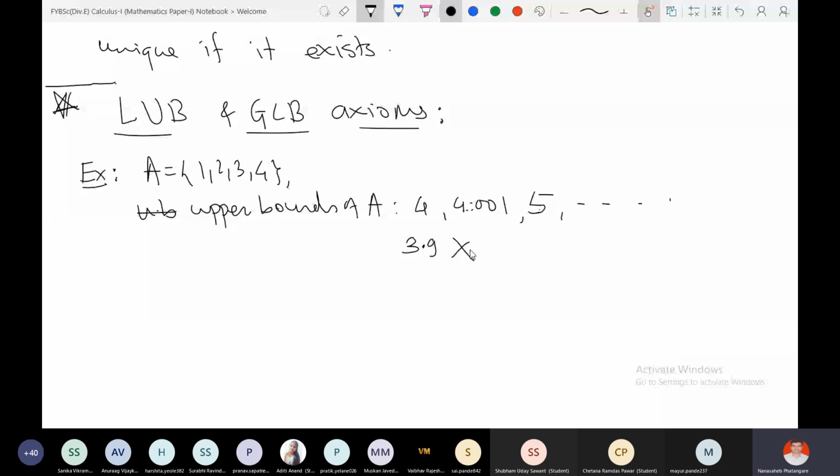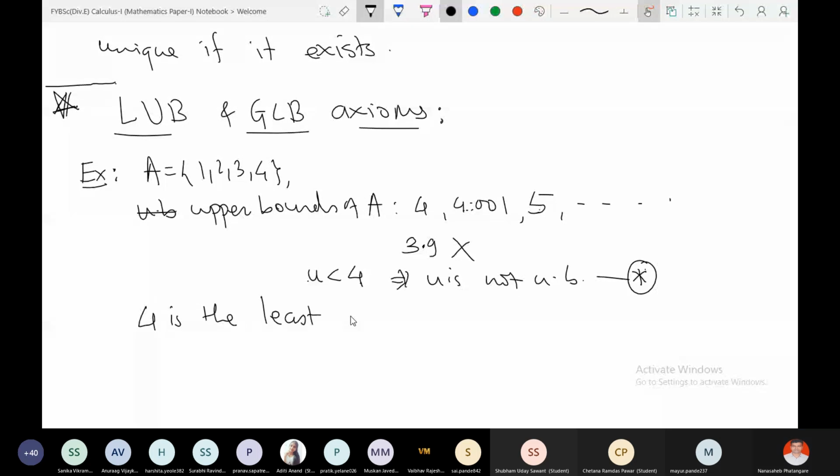So if you go below 4, if I take any number u less than 4, then u is not an upper bound, right? This is an important point. If you take any number smaller than 4, then that number cannot be an upper bound. Is it clear? Is this correct what I am saying? Yes, so 4 is the lowest upper bound. So 4 is the smallest among all upper bounds, right? So 4 is the least